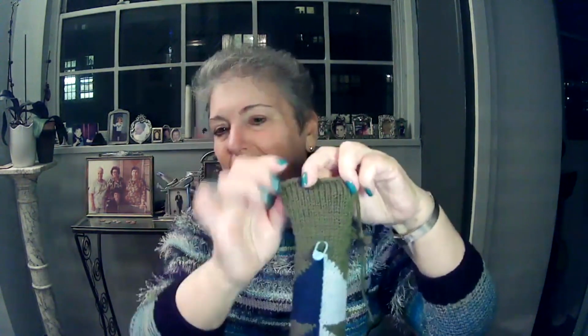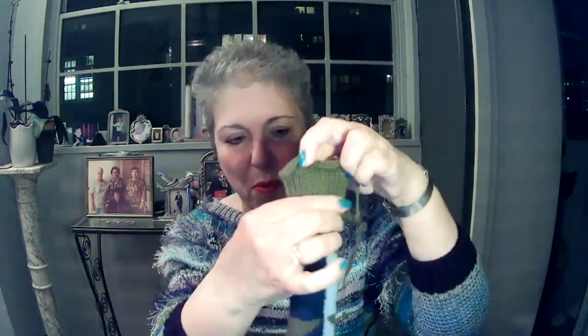So this particular pattern has a very boxy 1940s shoulder. The pattern calls for knitting a tab with double the weight of yarn. So that's what this little square is. It's very thick, double weight. I decided my approach to knitting this was